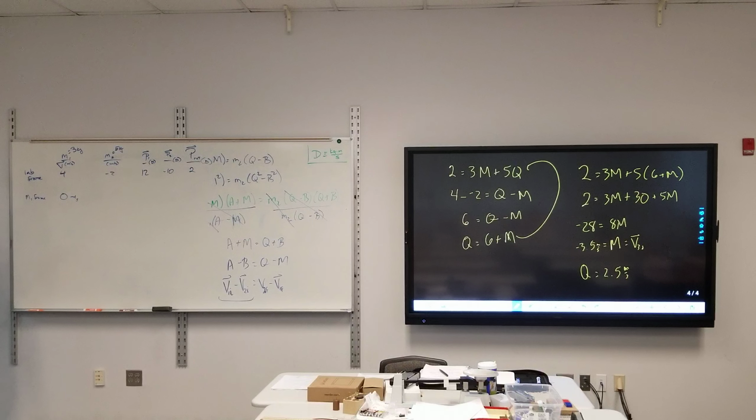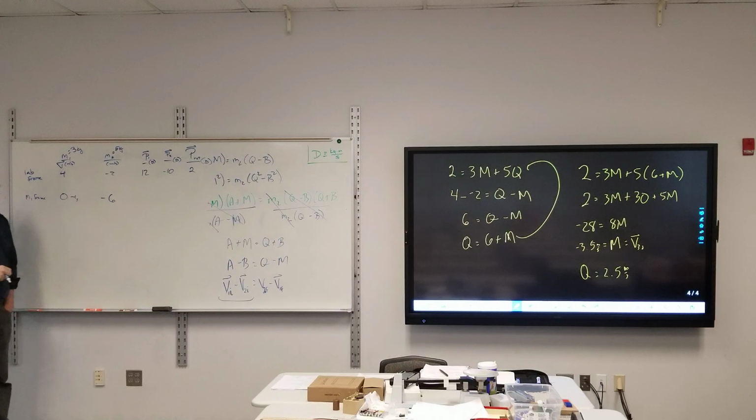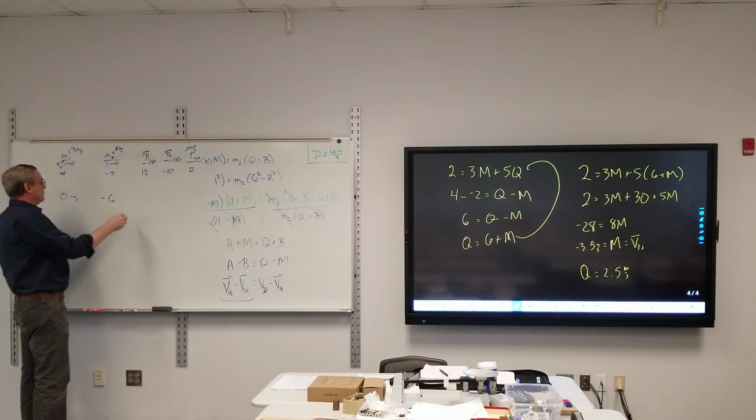How fast is mass 2 going? 6 meters per second. Close. Looking for a velocity. Well, I guess towards the negative. Yeah, that's going -6. So if I subtract 4 from this one, I subtract 4 from that one. So this would have a